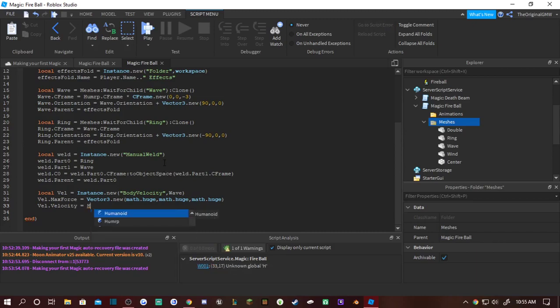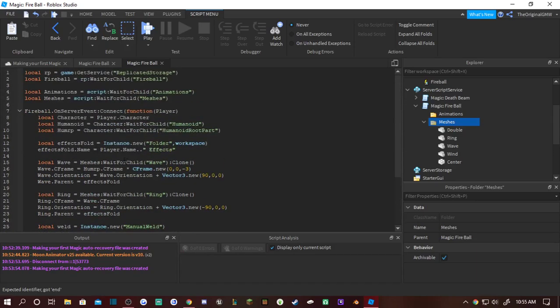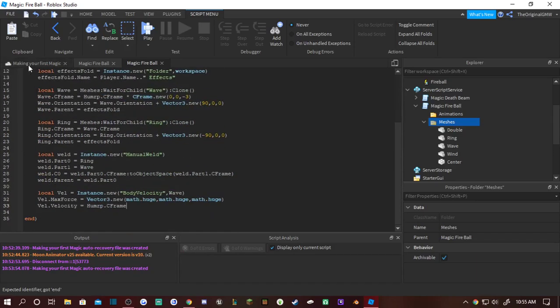So what we want to do is HumanoidRootPart.CFrame, because that's the middle of our character. And then we want to do .LookVector, so wherever the front face of the HumanoidRootPart is looking, aka where we're looking, is where it will go. And we want to times that by,